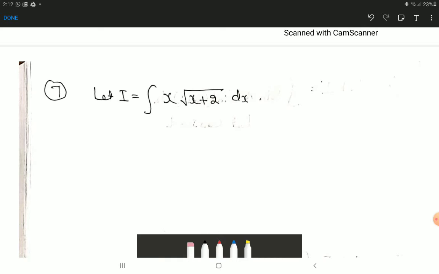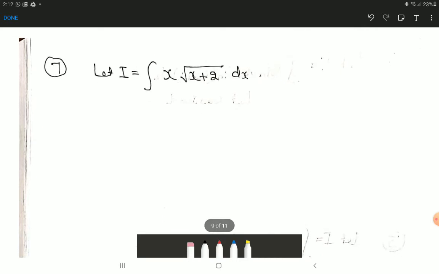Recognize here also the function and its derivative. If you notice here, we are not able to easily observe the function and derivative. But if you notice minutely, you will be able to see that the derivative of x is dx, simply dx. So better assume x to be t, dx will be dt. But it is better to assume x plus 2 as t. Taking x as t will not serve the purpose. It will remain almost the same, only the variable will be changed. There is no use of assuming x to be t.